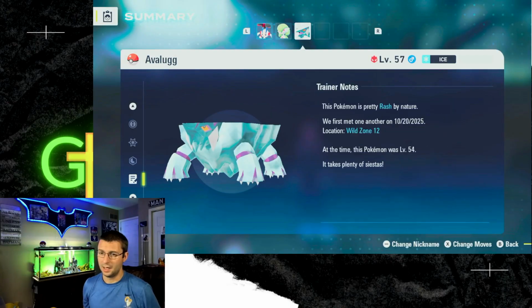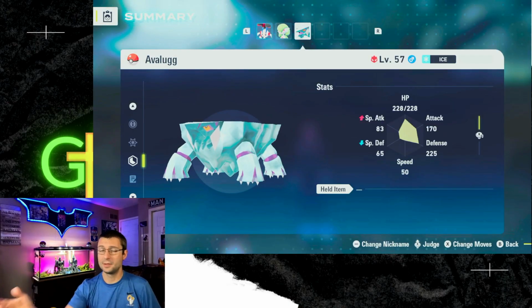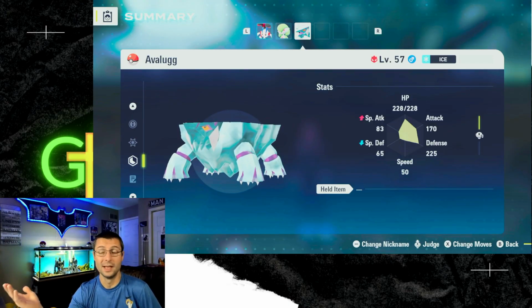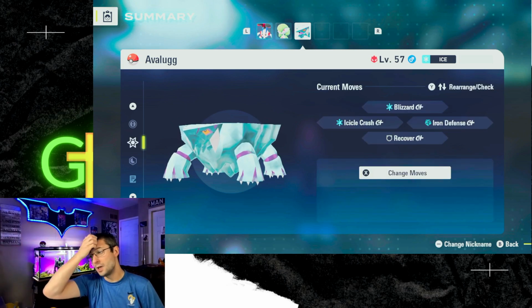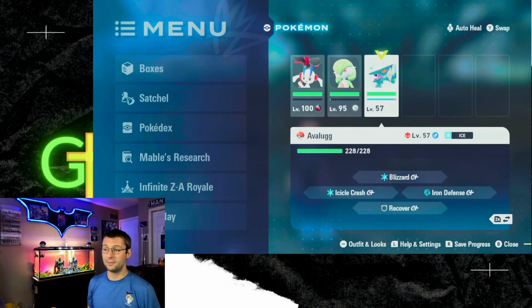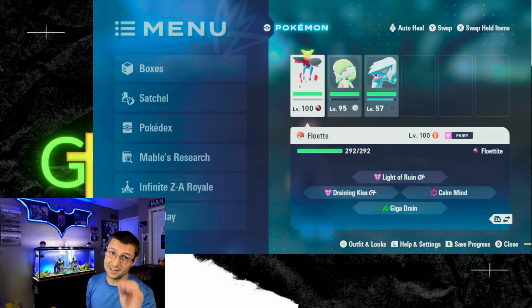The defense on this guy is absolutely amazing. 225 right there at level 57. I mean, if you were to level this guy up, he would take out Zygarde no problem. He already takes out Zygarde no problem and has no issue surviving. So if you go catch this Avalugg, give it those four moves right there, you can solo this thing as well. But for the sake of making it a little bit faster, because it did take a little while to solo with the level 57 Avalugg,